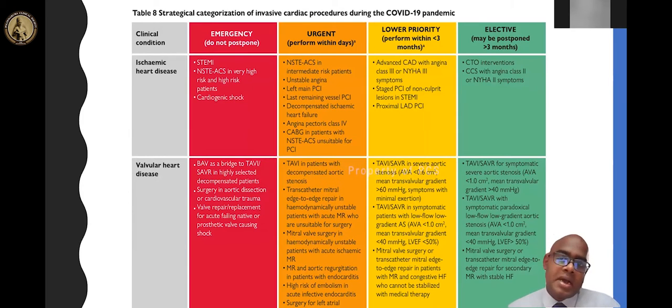So when it comes to the cardiac presentations, the emergency ones are ST elevation MIs and non-ST elevation MIs which have high-risk features like cardiogenic shock, heart failure, or malignant arrhythmias. Those should not be deferred, and then and there the patient should be taken into the cath lab and revascularized, or the thrombolysis procedure should start from the first medical contact in these patients. So do not postpone emergencies.